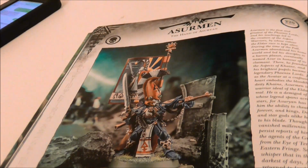His other nifty rule is he gets D3 Warlord traits rather than one set one. But he has to pick them from this book, not from the standard rulebook. His equipment, other than the sword, is the same. The Phoenix armor, he's got Twin-Linked Avenger Shuriken catapults. He has grenades, as all of the Phoenix Lords now come stock with. He also has counterattack and the new Dire Avenger special ability of Defense Tactics, which Dire Avengers now have,